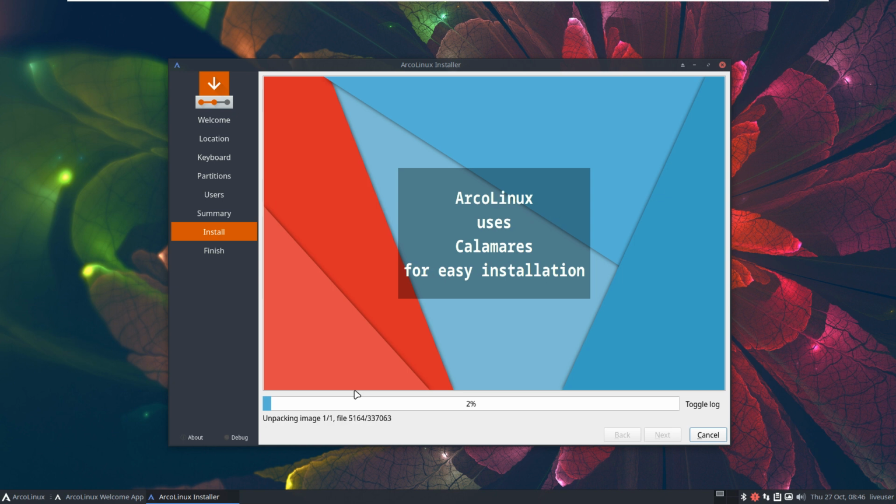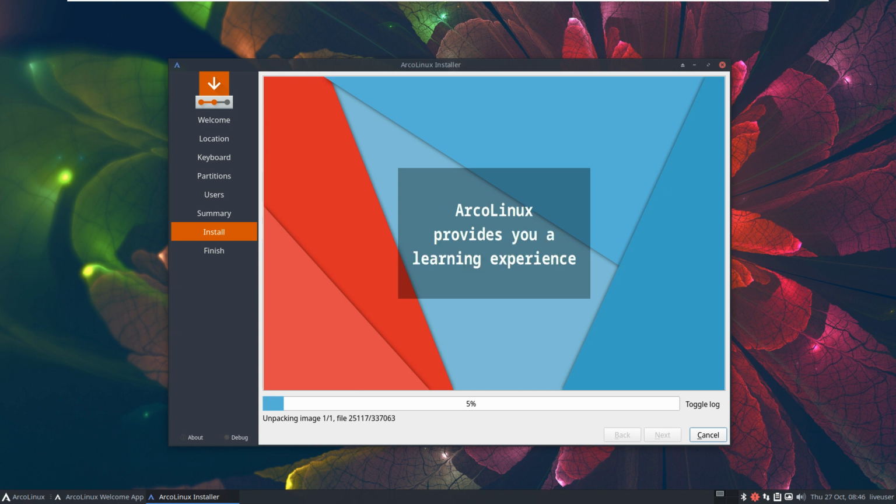He mounted a compressed file and is moving from A to B. Your future system is B. And we'll have to wait till everything finishes. Now,